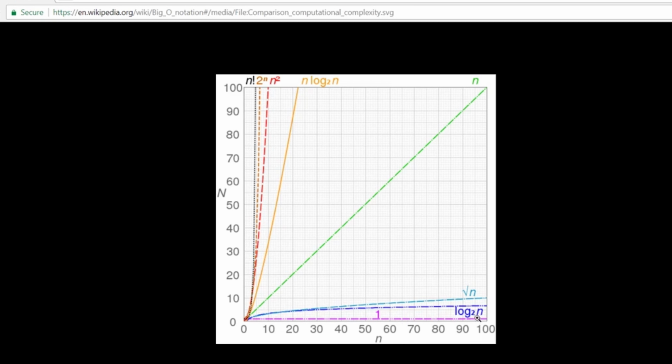The next best thing is logarithmic, and notice that it's log to the base 2. And we're going to see some algorithms that have this time complexity. This is in a dark blue, and as we can see, it kind of starts off climbing. So as the number of items increases, the number of steps goes up, but then it levels off. And it's pretty much almost constant time. If you can achieve log to the base 2 of n time complexity, that's great. We're not going to see any with, I think that's the square root of n, but we are going to